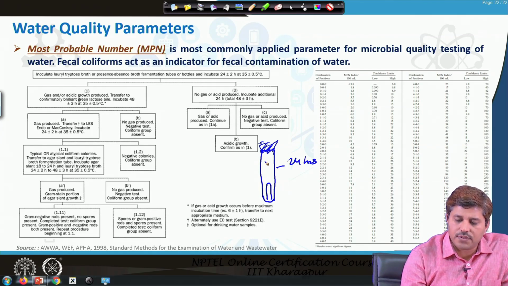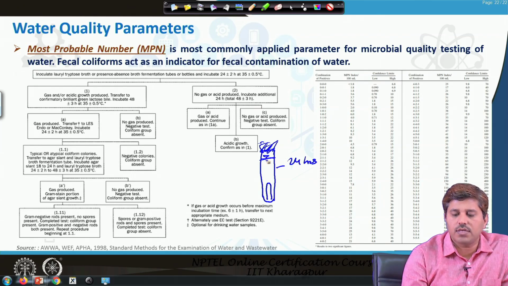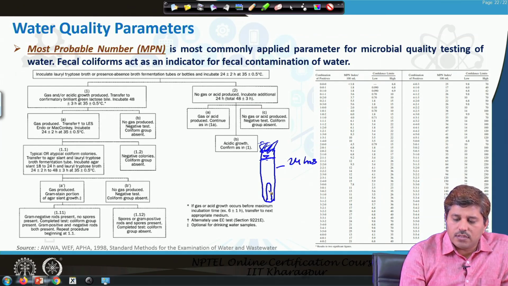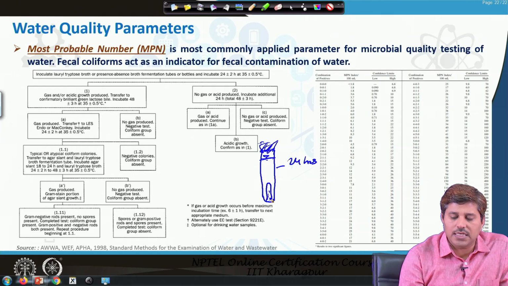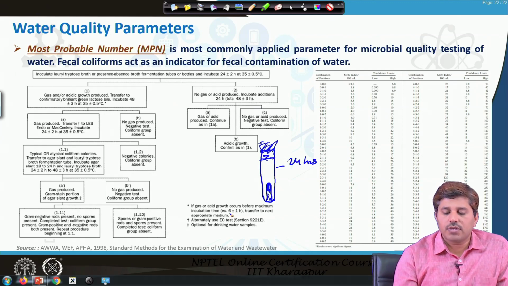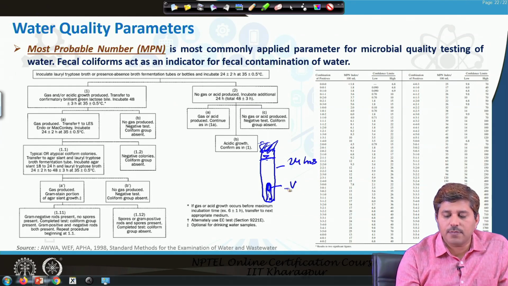So, the tube will be filled with the solution up to here, and the water will be there in the Durham tubes also. Now, if there are microbial contaminants present, when they respire, they will produce gas, and because this is an inverted tube, the gas cannot escape, and we will see the gas bubble trapped in here. The gas bubble trapped in here is considered a positive test, and if we do not see any gas bubble in the Durham tubes, we consider that a negative test.